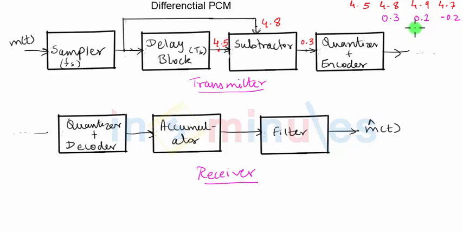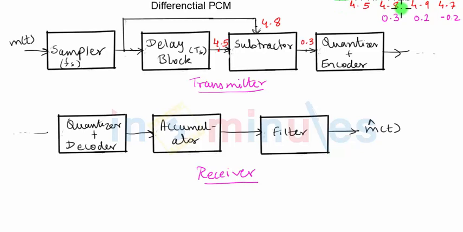Now, can we have such type of signals in practice so that we can use this whole advantage offered by differential PCM? The answer is yes. There are some modulating signals, the information signals, in which two adjacent samples will be of very similar values. And hence, in such a case, if I quantize the difference between the sample values, the range over which